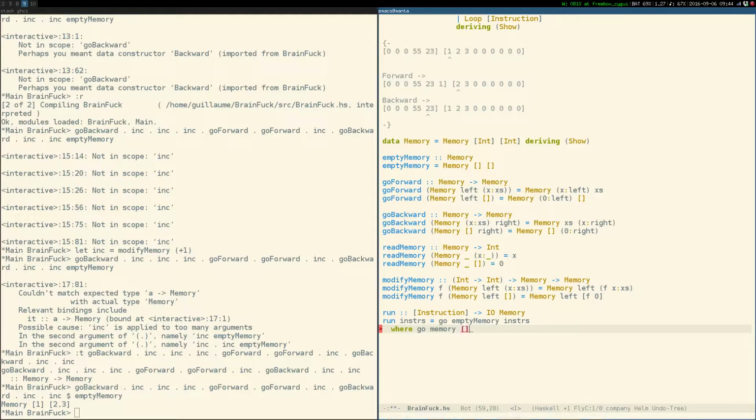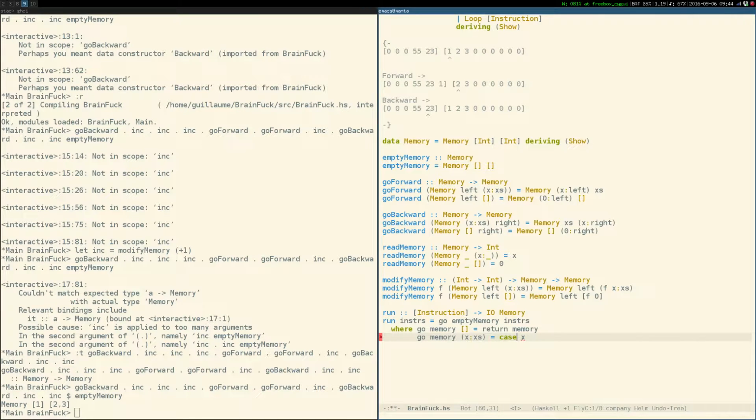Okay, when the list is empty, we'll return the memory. Else we'll handle the first instruction, call it x:xs, and we'll case match on the different cases of instruction. Case x